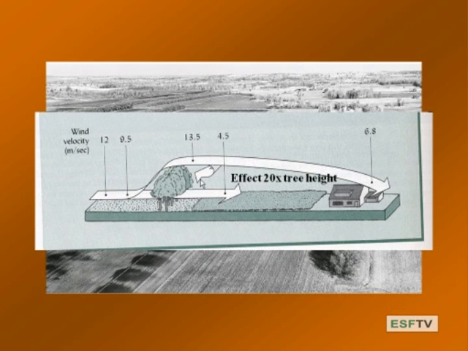And so with that marked decrease, all the particles that tend to be carried all of a sudden are dropped here. So that's why with a snow fence or any kind of wind barrier, when you look at where the material builds up, it's always on the leeward side, because that's just beyond the leeward side where the wind velocity drops and the particles fall out. And the effect of this is about 20 times the height of the barrier. Here's 20 times the tree height. And so this is a pretty good effect.